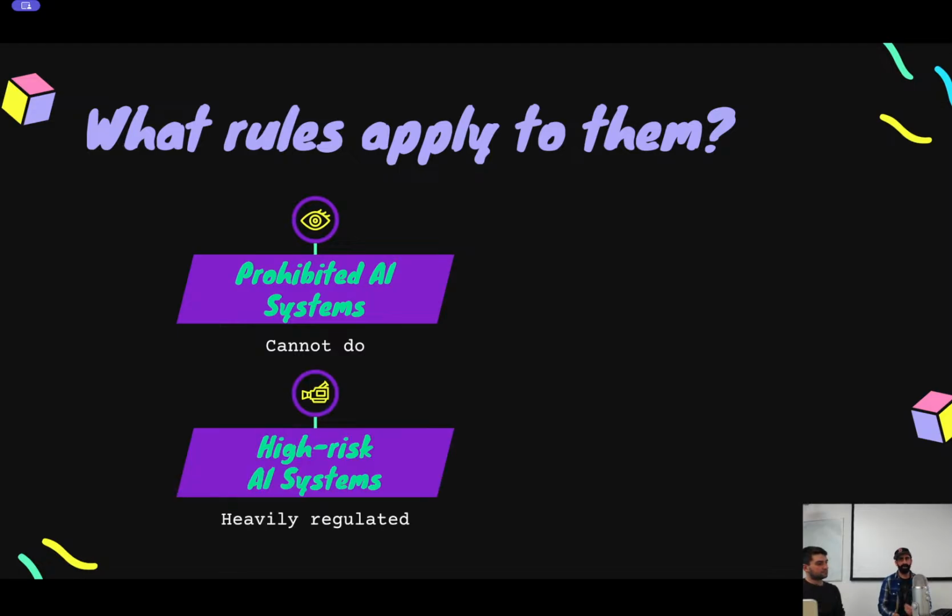There are also high-risk AI systems, okay? These are maybe a little bit less risky than the prohibited group, but they still bear some heavy risk, and so they are going to be pretty heavily regulated. I'm going to tell you exactly what these are, and then we're going to do a deep dive on some of the rules around these ones, because you could say that the bulk of the act is spent describing the rules around high-risk AI systems.